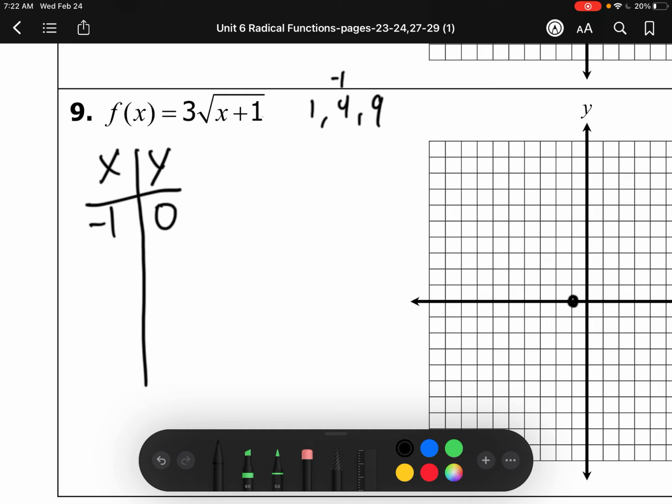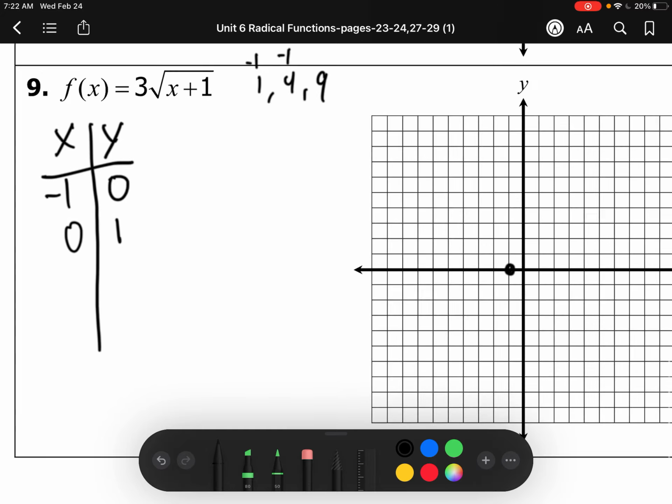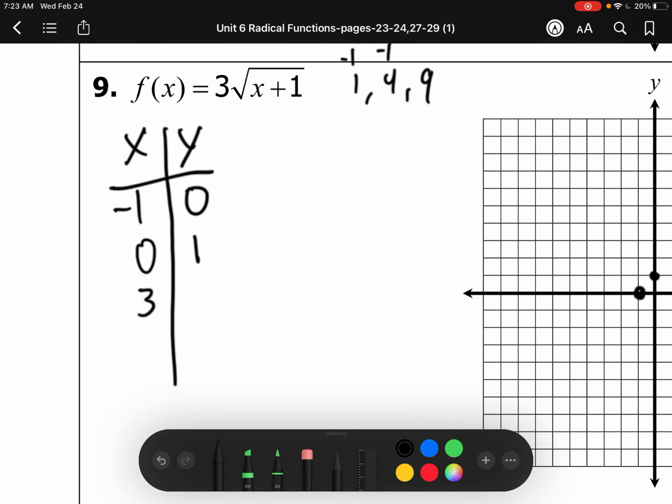So let's go ahead and plug in 3. Oh, and you can also plug in 0, right? Because if you plug in 0, you get 0 plus 1, which becomes the square root of 1, and the square root of 1 is 1. So when you plug in 0 into this function, you get 1. So the point would be right here. Next, you can plug in 3, which becomes, oh,